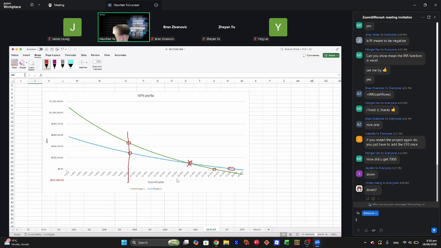From 0% as the discount rate until this point, project 1 always has a higher NPV. But after this point, project 2 always has a higher NPV compared to project 1. So the right-hand side, this part,